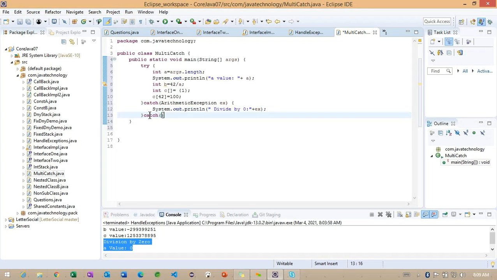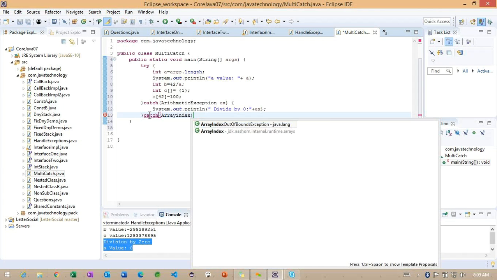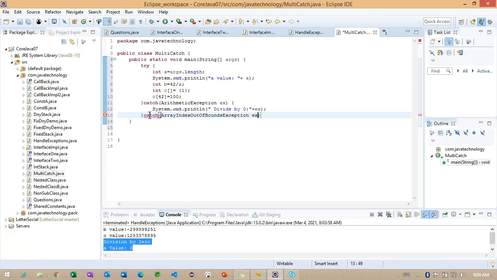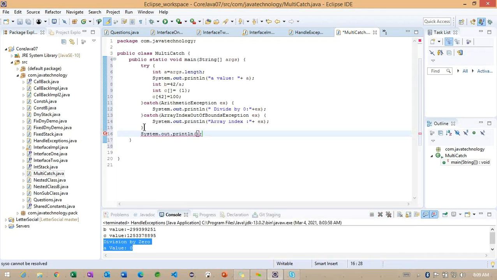Along with this, we are going to handle one more exception here. The second one is array index out of bound exception. For this I want to print the exception information. And if we are not finding any exception, simply we'll try to print this message.